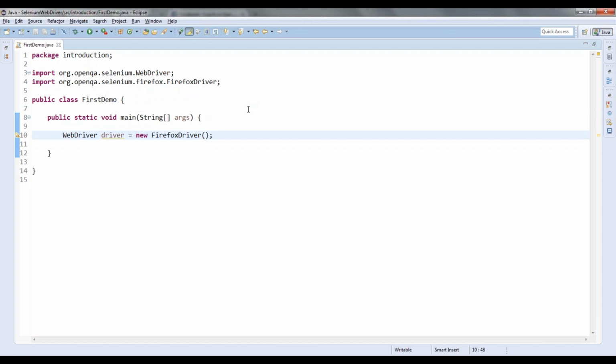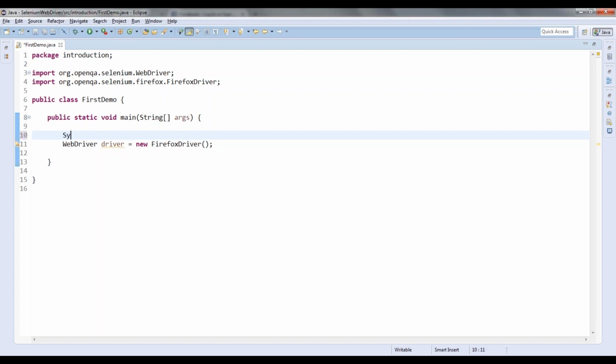Okay. So what is the next thing? Before WebDriver, I have one more thing, right? Since I am using Selenium 3.0, I have to set the system properties. Correct? So what is the syntax for that?